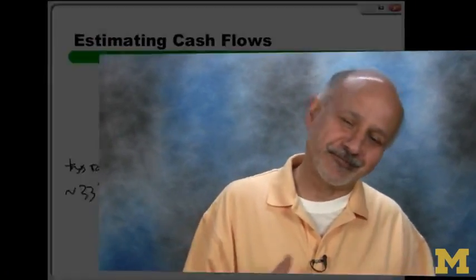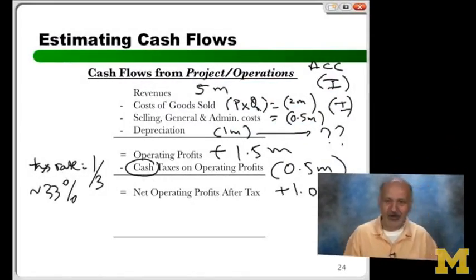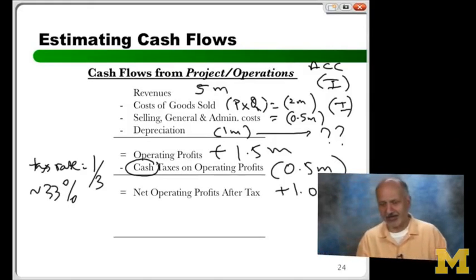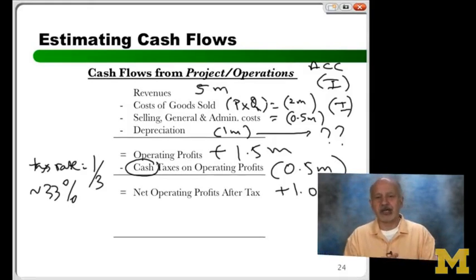Quick question. Is this baloney? Meaning, is it part good, part I don't know what, or is it all real cash flow? If you think about it, it is baloney. And the reason is, if you look up, you have revenues, cost of goods sold, selling and general administration specific